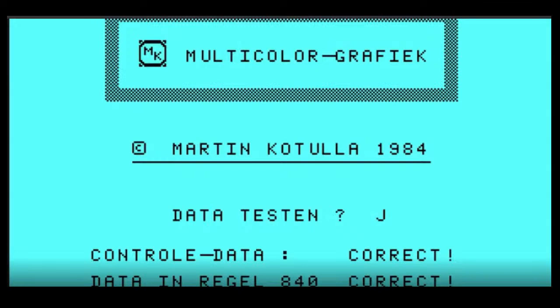Say, what does REGEL mean? So it says control data and then data and REGEL. Now you're asking for my great technical knowledge here. You've got a good question, and I have no answer. Okay. Sorry. I'm sort of assuming this is written by someone in Germany.